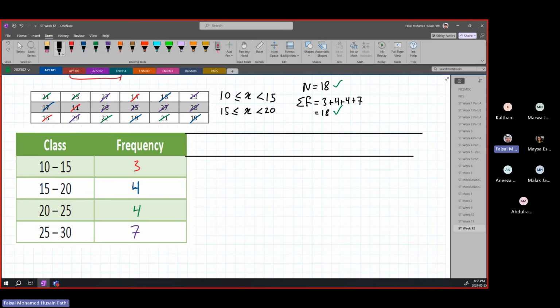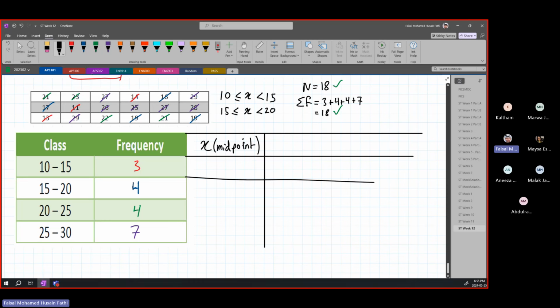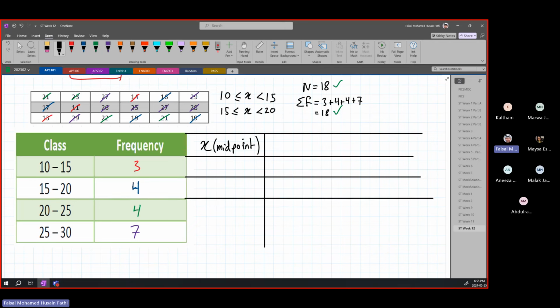All right. So I'm going to call this X, and this is my midpoint. So it is clear this is the midpoint. All right. That is going to be the first column I'm going to add. Let me just finish up this table. So it's going to look like this, this, and this. So the midpoint is, if you remember, you're going to add the limits and divide by 2. So it's going to be 10 plus 15 over 2, which is equal to, actually,